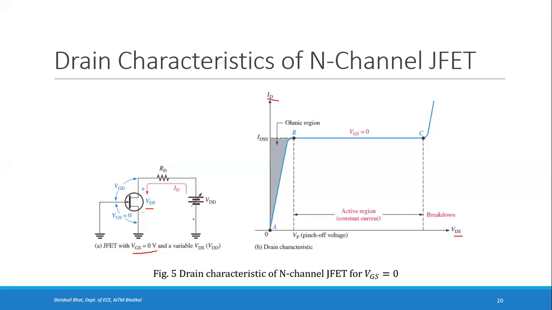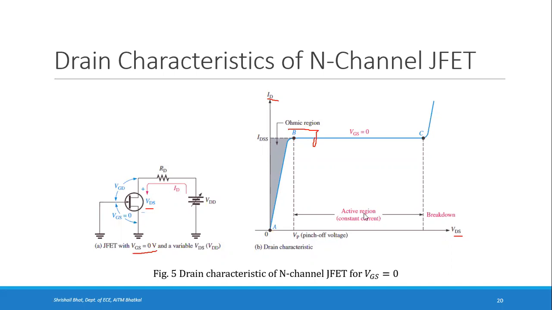So that is the reason from the points A to B, as voltage increases, the current also increases. That is, the current flowing will increase and it will reach the point B. So this particular region of the curve where it follows Ohm's law is called the ohmic region. The current and voltage follow Ohm's law, so it is called the ohmic region.